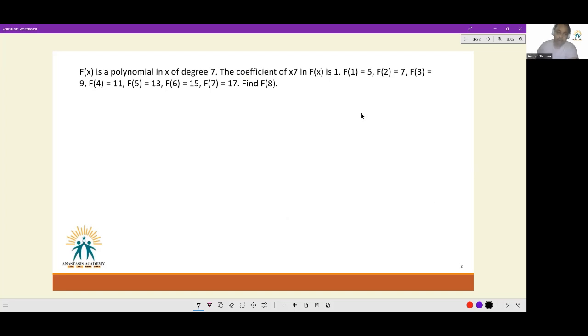Next, f(x) is a polynomial in x of degree 7. The coefficient of x raised to the power 7 in f(x) is 1. f(1) is equal to 5, f(2) is equal to 7, f(3) is equal to 9, f(4) is equal to 11, f(5) is equal to 13, f(6) is equal to 15, f(7) is equal to 17. Find f(8). Now, hopefully you realize it's a polynomial here in x of degree 7,